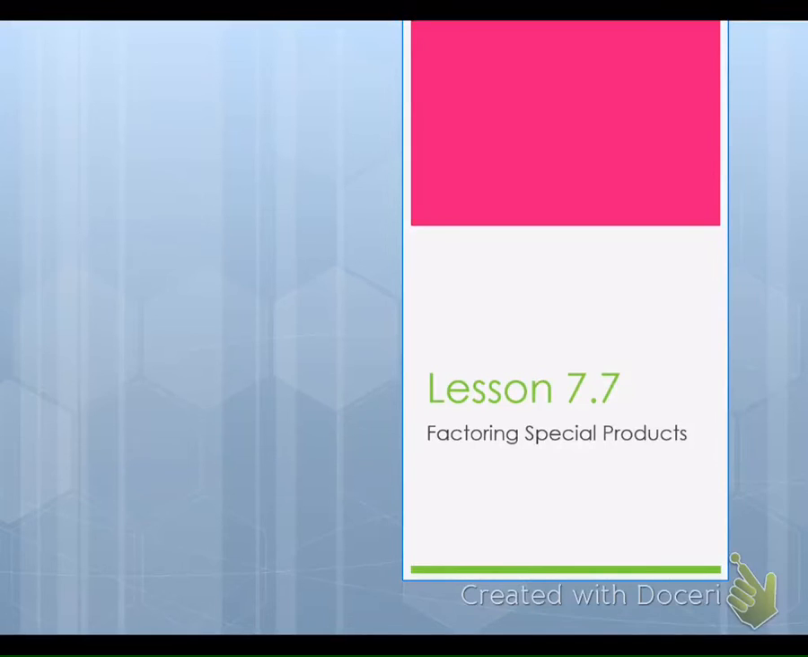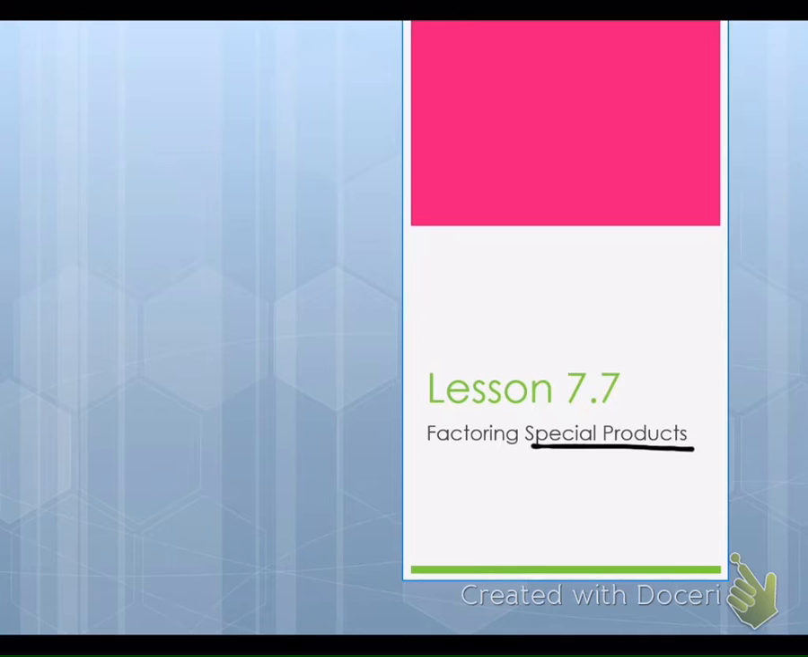All right, today we're going to do lesson 7.7, and we're going to learn how to factor special products. Now, we learned in the first half of this chapter how to FOIL or multiply special products. All right, we learned shortcuts to multiplying binomials that were special products. So if factoring is the opposite of FOILing, then today I'm going to teach you how to quickly factor special